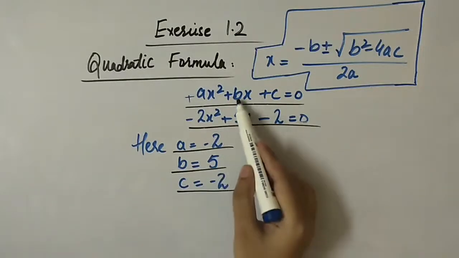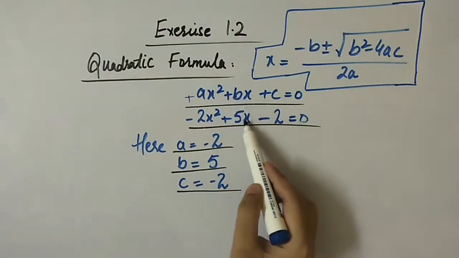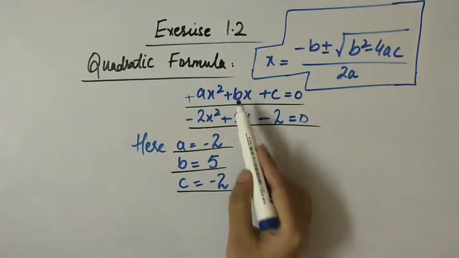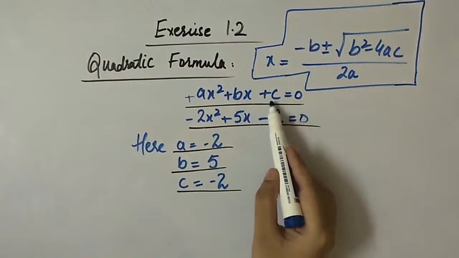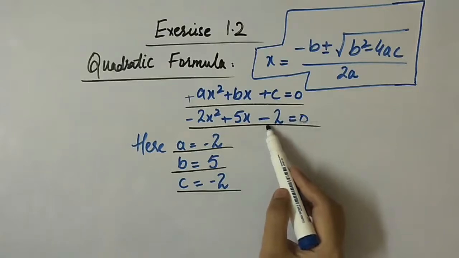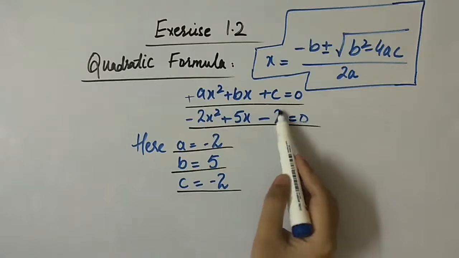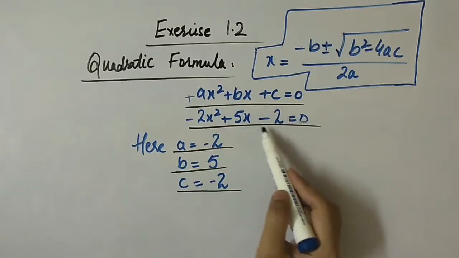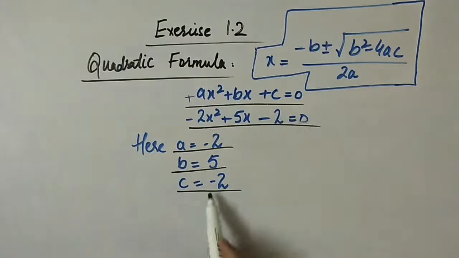Clear? Then with x we have plus b. Here also you see we have plus 5 with the x. Clear? So what is b here? It is plus 5. Now look here at this, it is plus c. Clear? So here what we have is minus 2 in place of c. So the value of c is minus 2. You have to take the values along with their signs. So c is minus 2.